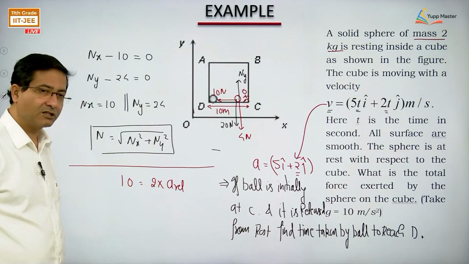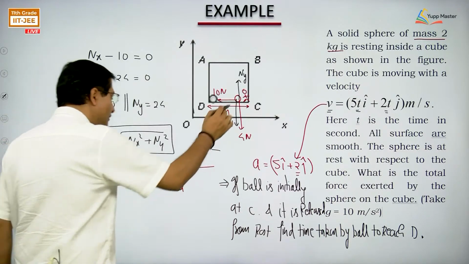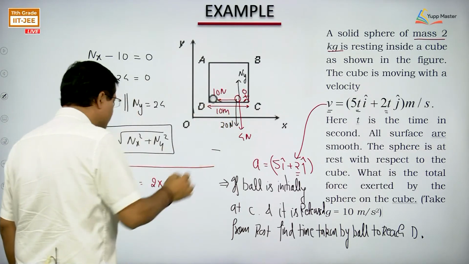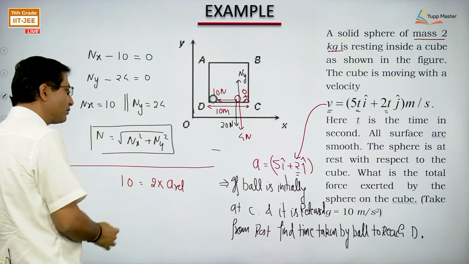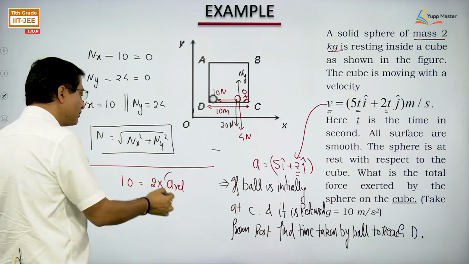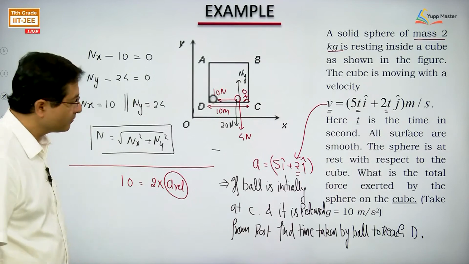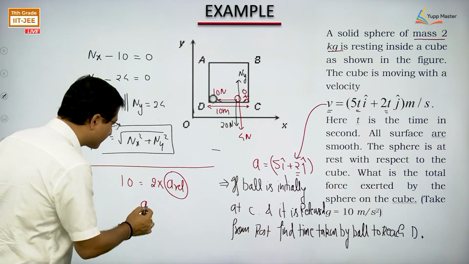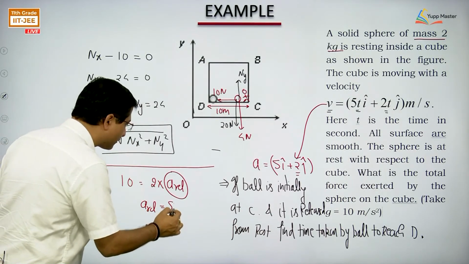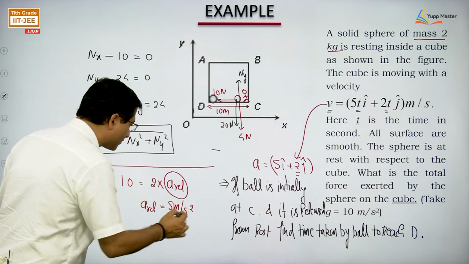So relative acceleration is with respect to this observer. This is the unbalanced force. So if you write F is equal to ma, Newton's second law, then whatever acceleration you are going to get, that is the relative acceleration. So a relative is coming 5. A relative is coming 5 meter per second square. If we have